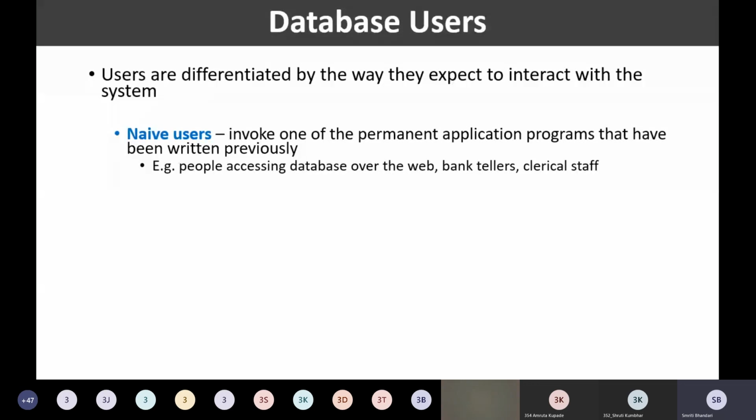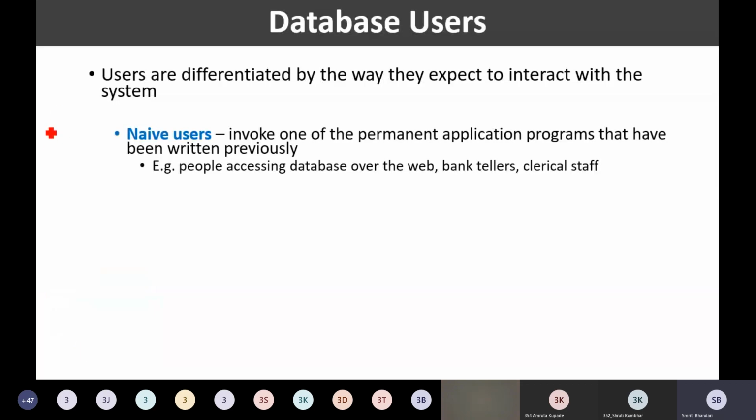Let us assume that in that database application we are having one application program that will allow the user to input the information about the students. So that user will have access to one application program, you may say one form, wherein the details about the students are asked.